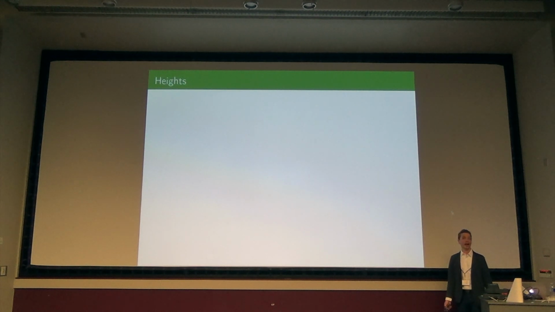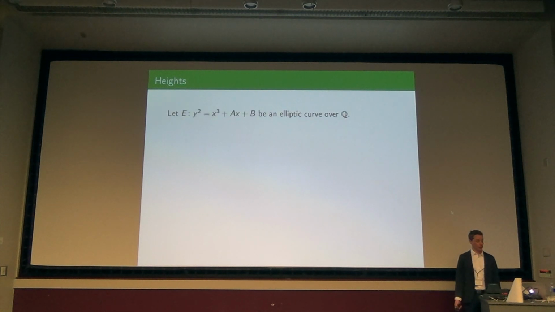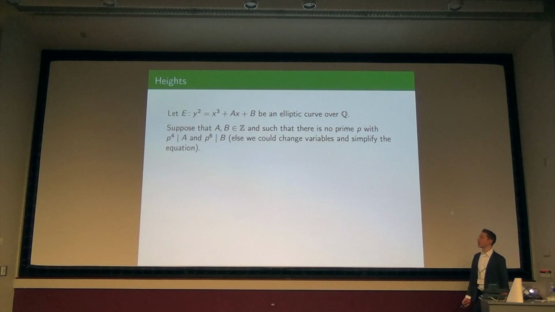To do that, I look at the height of the equation, which is just how big a and b are, in some sense. So here's our elliptic curve, y squared equals x cubed plus ax plus b. I could change variables if I have this weird situation. Well, first of all, I can clear denominators. And if I do that in a minimal way, so if a and b were rational numbers, I multiply through by the denominator or powers of it and absorb it into the x and y terms.